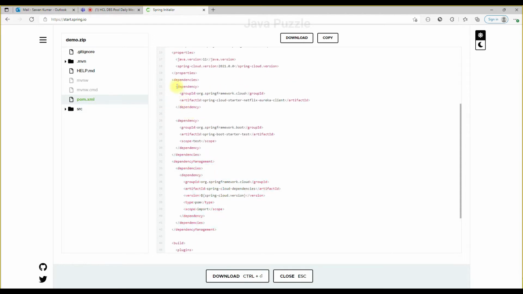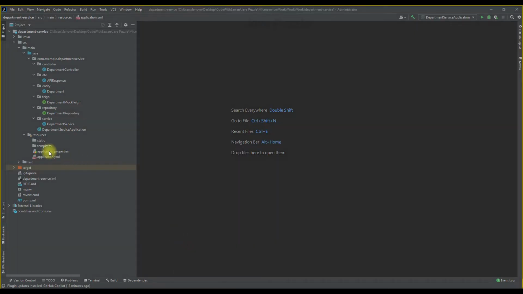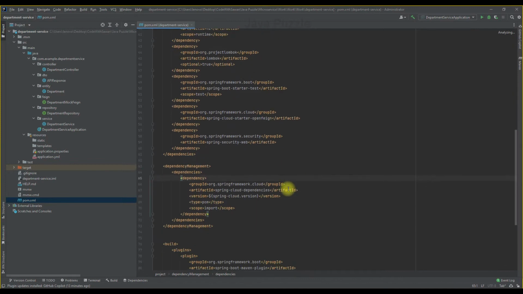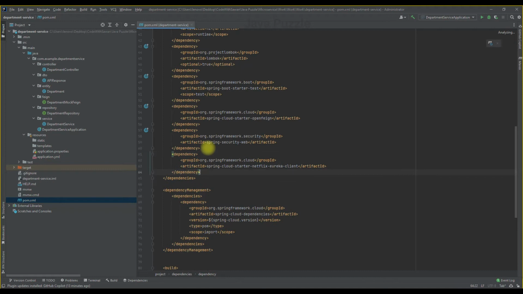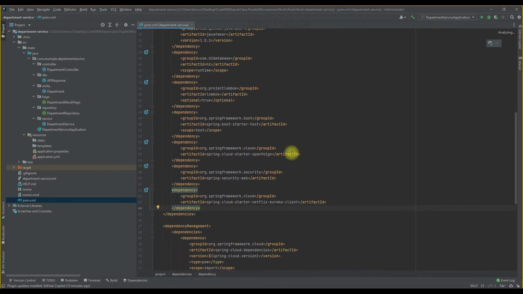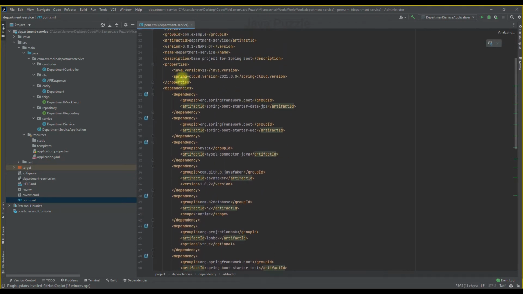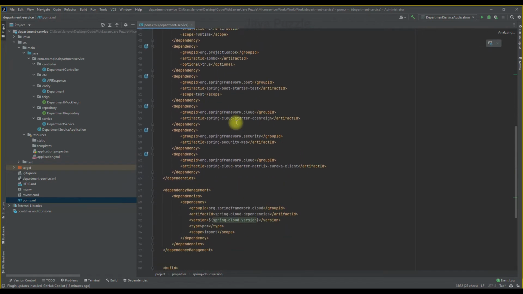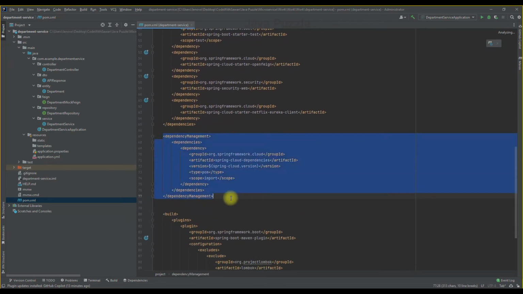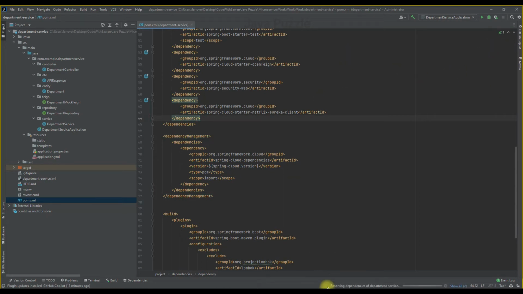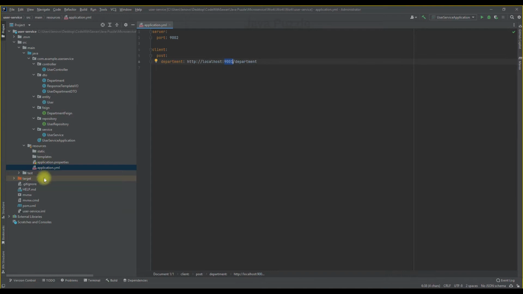We have to copy this dependency only. Just paste it inside the department and user microservice, then run it. In the user service also we have to add it.